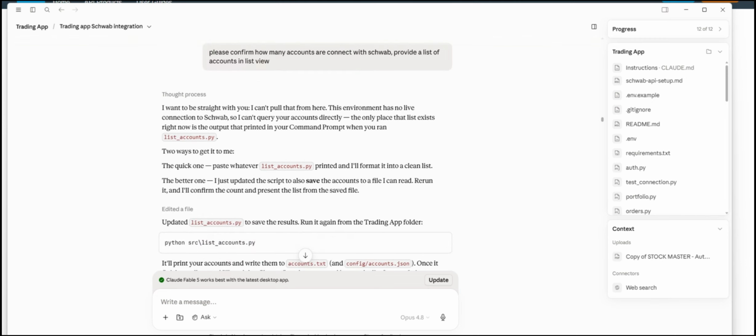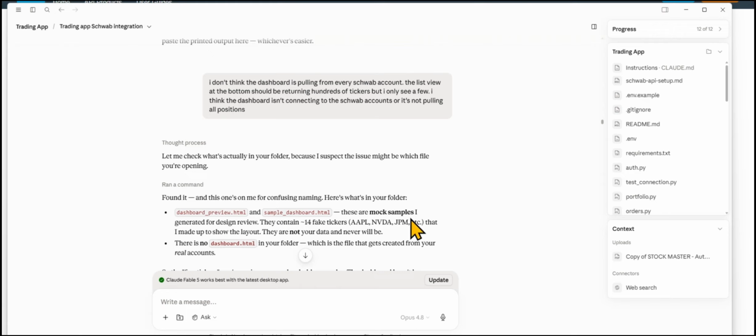Here is when it was only returning 3 accounts from Schwab, but I actually have about 15. So I asked it to confirm how many accounts were connected through Claude and Schwab so that I can verify that it was actually returning the right data. And here's where Claude said, these are mock samples that I generated for you to review, and they contain 14